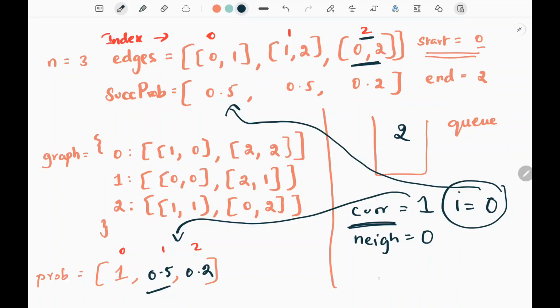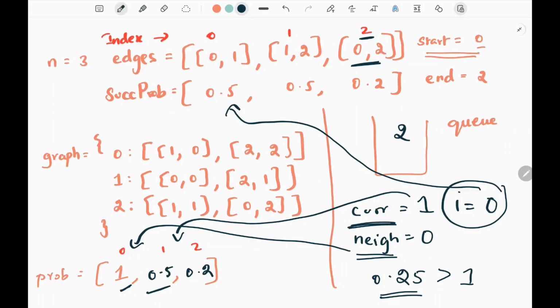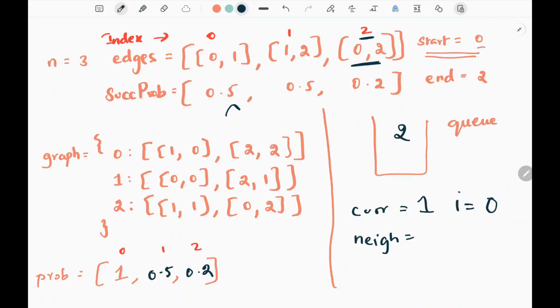Here we are going to get 0.25, and then we need to compare this with the neighbor's probability score, which is nothing but 1. So here 0.25 is not greater than 1. So we don't have to append 0 in the queue, as well as we don't have to update 0 in the probability scores, right? Then we pick the next neighbor of 1, that is 2, and their connection's index is